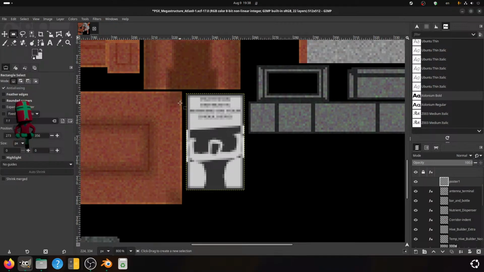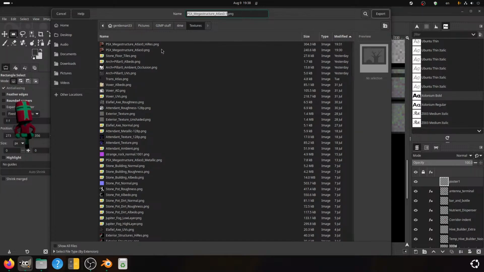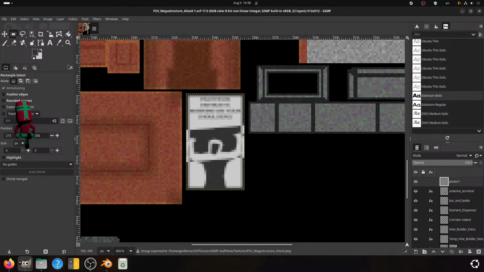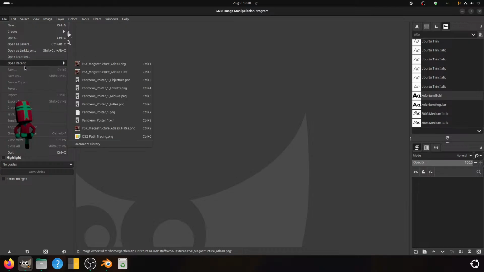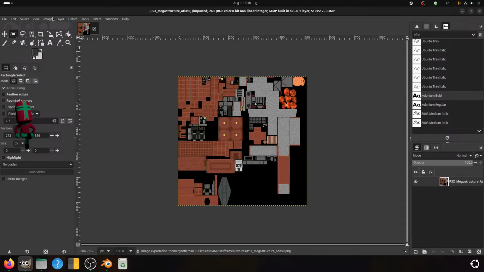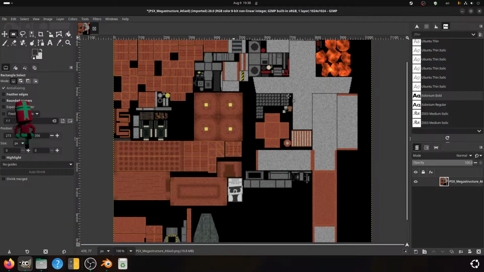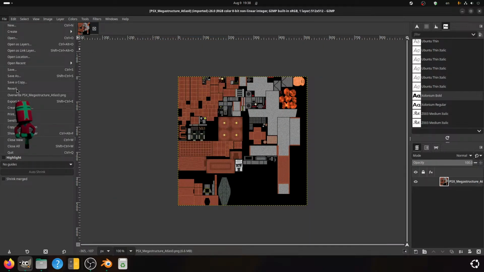Okay, discard you, save you, and export Atlas 0 RGB. And open recent Atlas 0, scale to 1024 so that the compression is not too bad. Not like that.